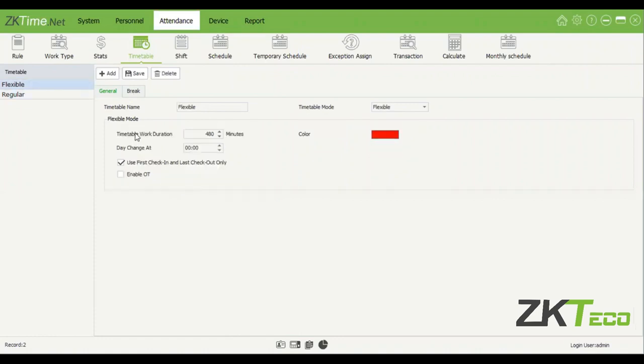So what do you use a flexible timetable for? Okay, so the flexible timetable is usually used for contract workers, someone that you don't really care how long or when they come in and out, they should just work a certain amount of minutes within that day. Right, so if you select